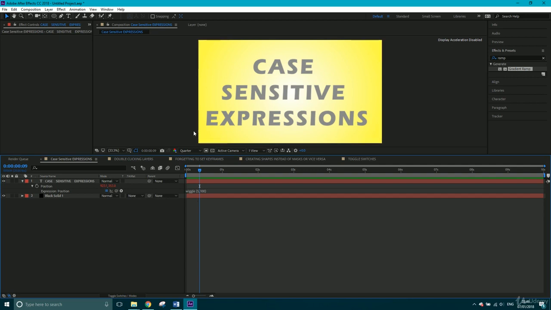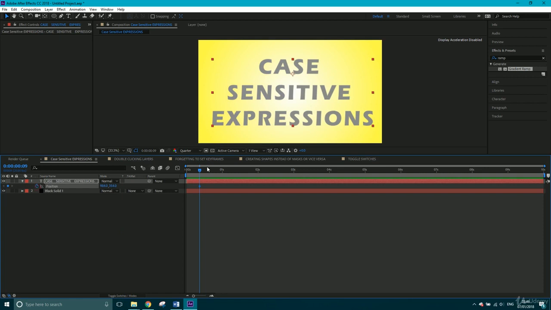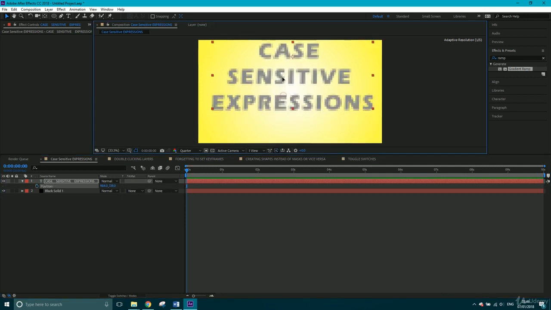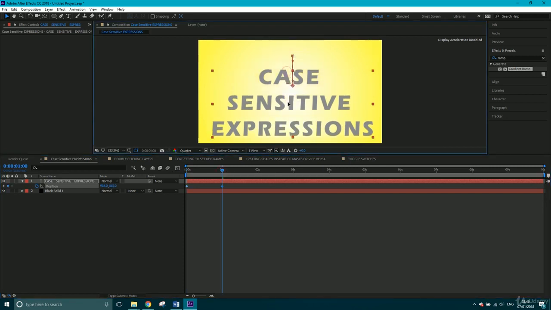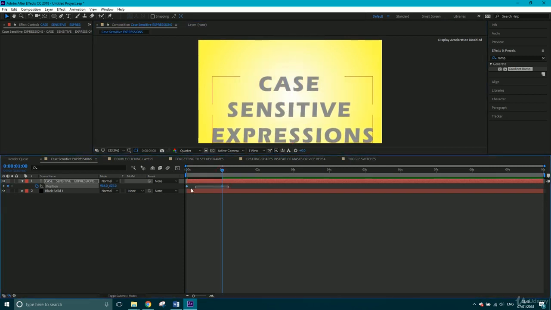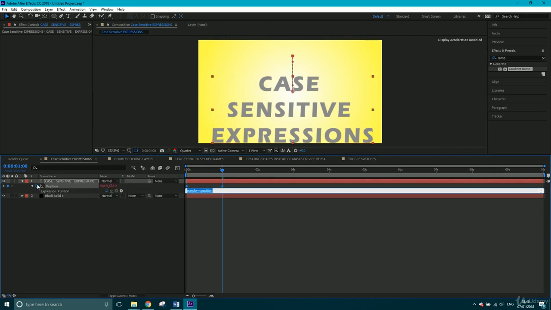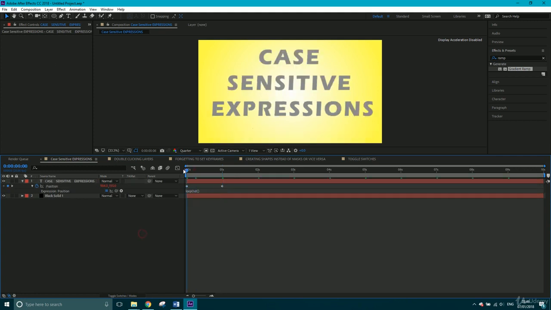When you do the loop expressions, let's cancel that. Let's do a little keyframe here at the beginning. Delete that, sorry. So let's start up here, and let's go to 1 second and do that. So we've got a little animation there. Now with the loop expression, you want to type loop in lowercase. Let's say we're going to loop out: capital O, U, T, then open and close brackets, and that will loop this